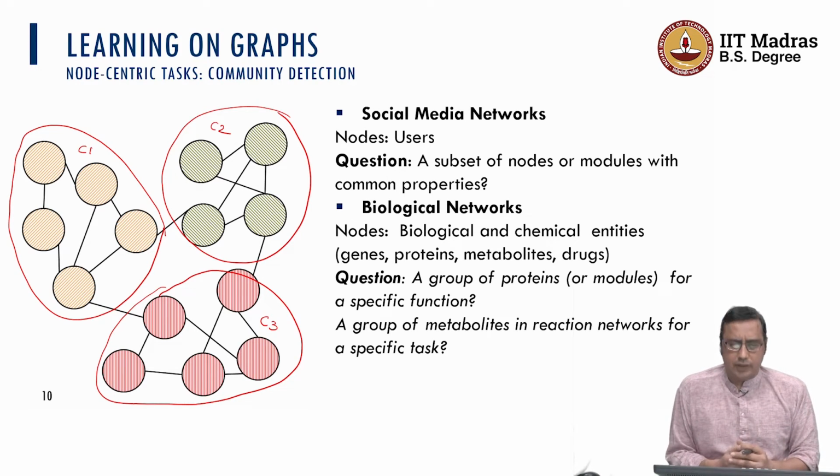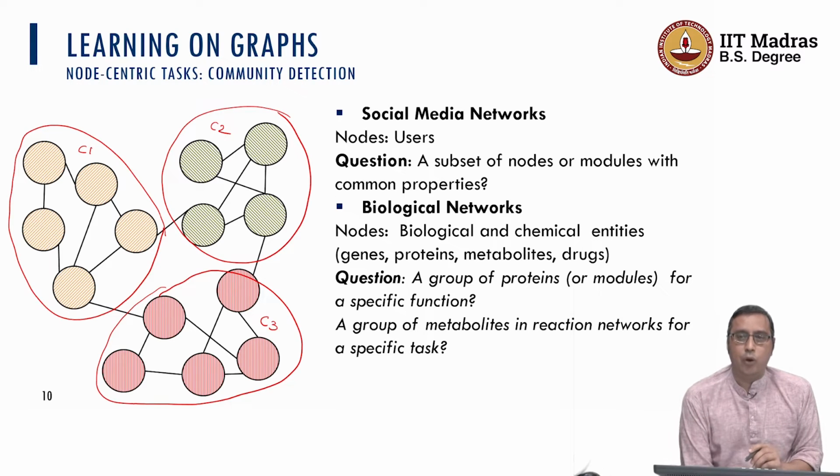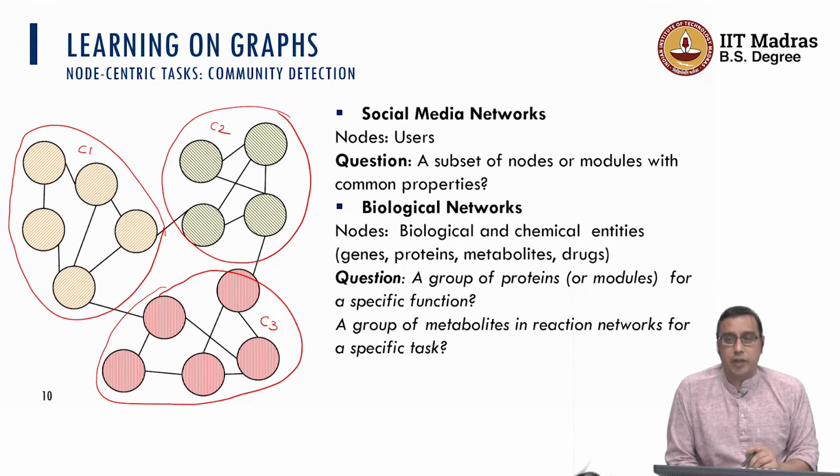In biological networks, again, the biological or chemical entities are nodes, and the interactions depend on whether they interact together or not. And what we want to figure out is a group of proteins or modules for a specific function or specific task, in the case of metabolites in the reaction pathway network. So there are sets of metabolites working together